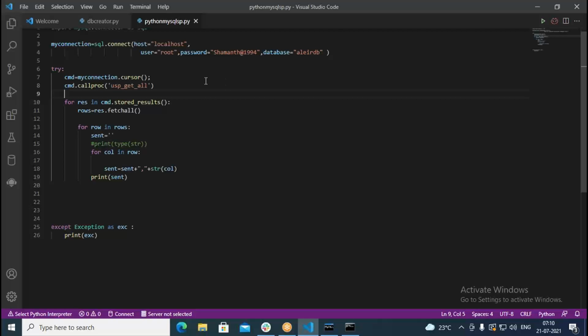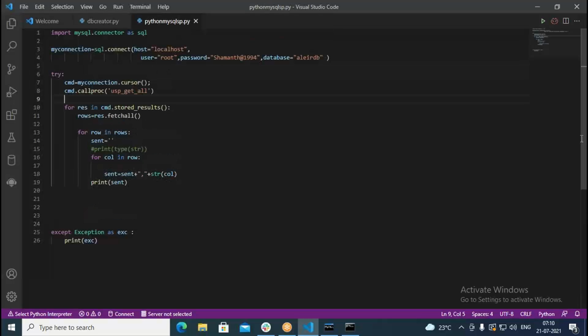So this is what calling a procedure. In the same way, you can try with insertion, you can try with retrieval. Retrieval we have done; with insertion and updation also, in the same manner, you can create procedures and you can call them similarly. Okay. So this is what getting connected to MySQL. Then from there we are executing all this.